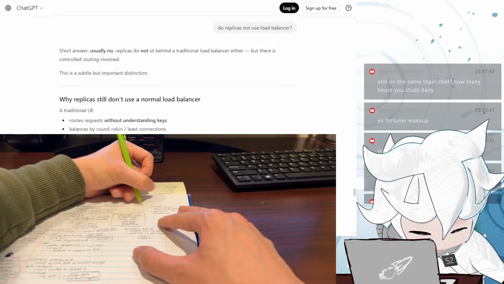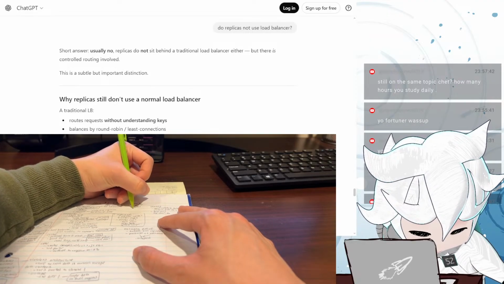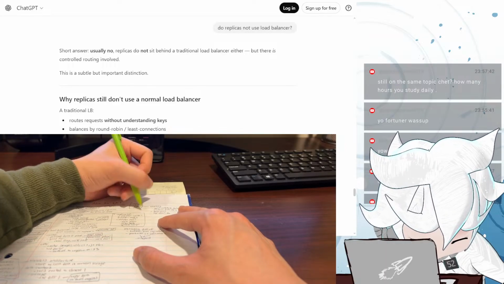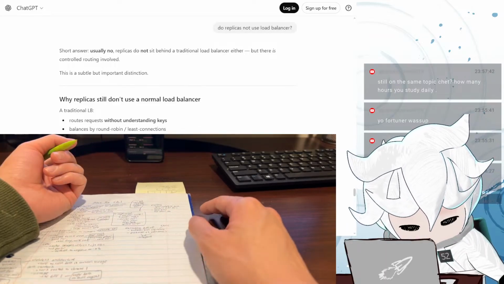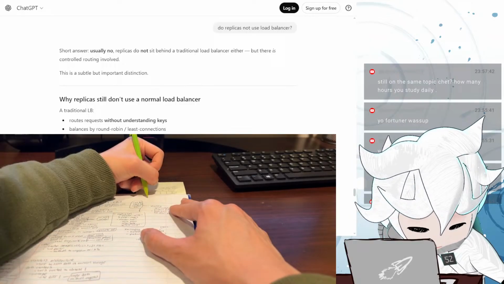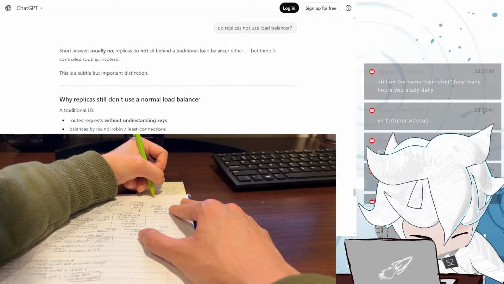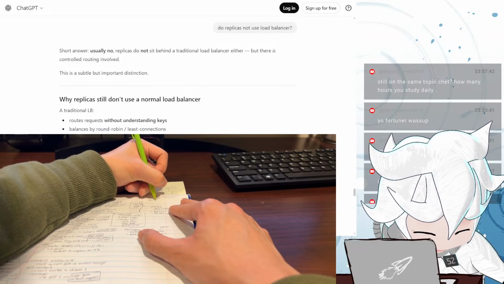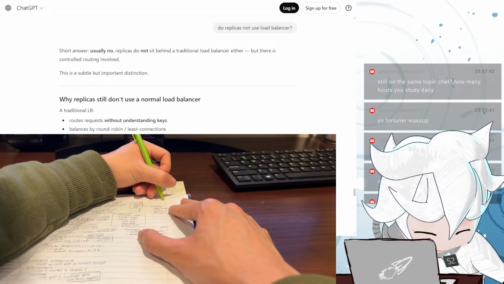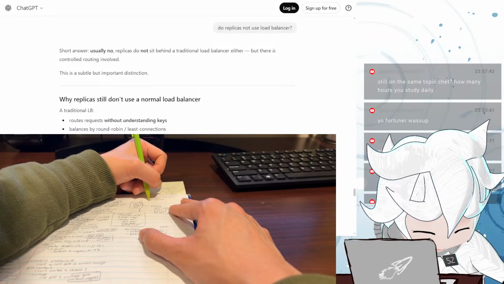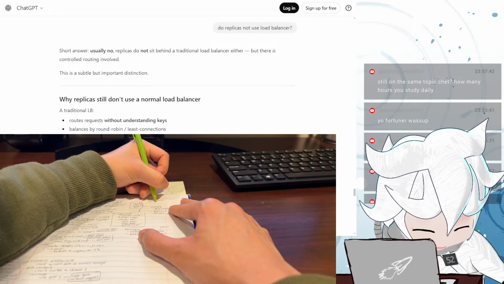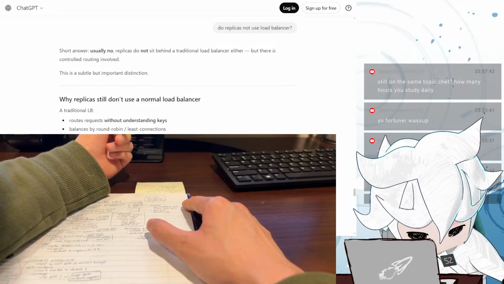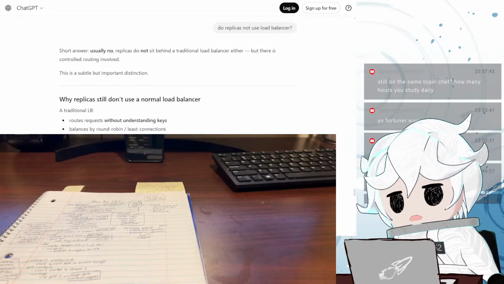Can be used for caches too. Can shard and replicate at the same time. Cool, okay.